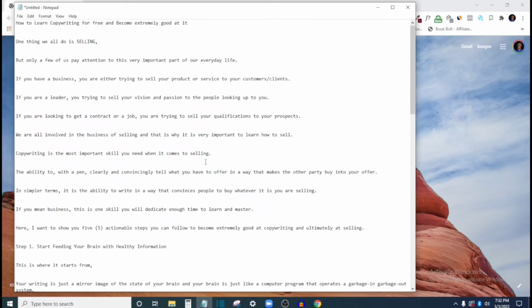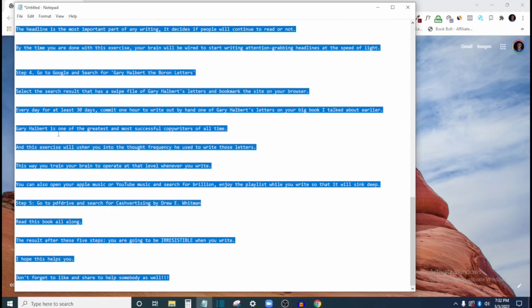Actually, this is a post I made on Facebook that I want to use here, right? So let's say this is the write-up you want to use for your ebook, and I have it here on Notepad. You can use your phone for this, you can use your computer, whichever one comes handy for you. If you're using your phone, you can use Writer Plus, but here I'm using Notepad, the usual Notepad we have on computers, right? So here I'll just copy the content of my book, Ctrl A, Ctrl C, and then I'll